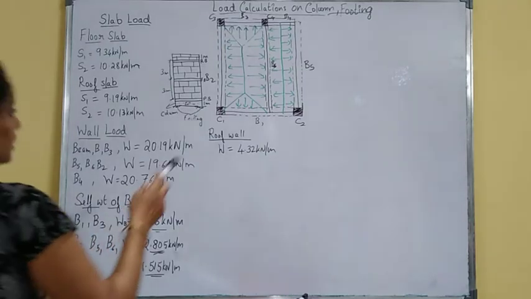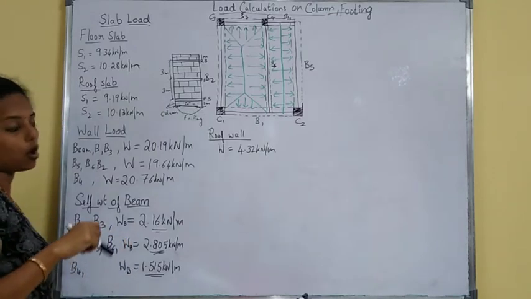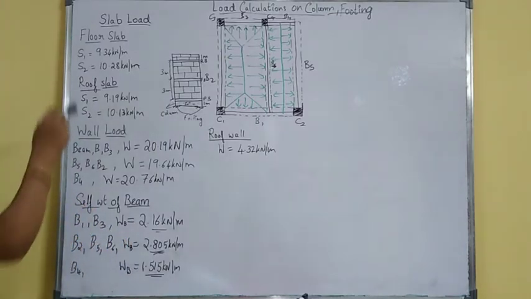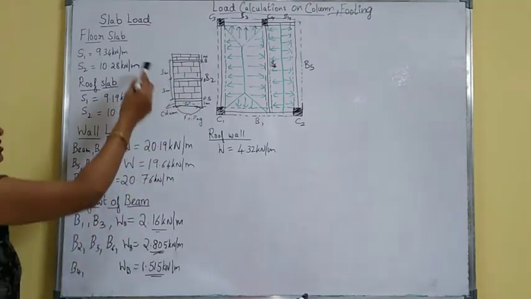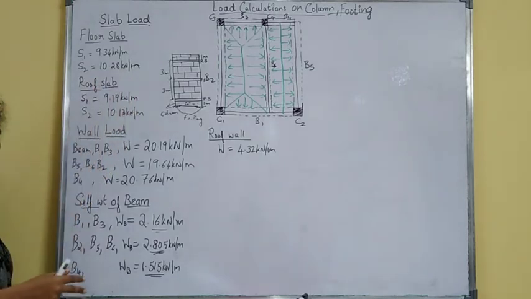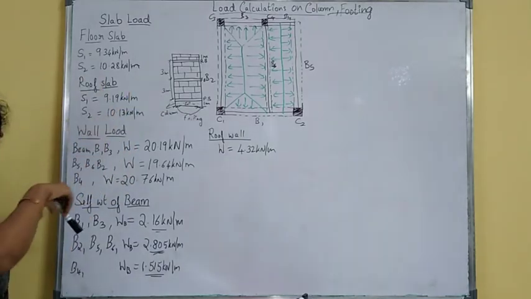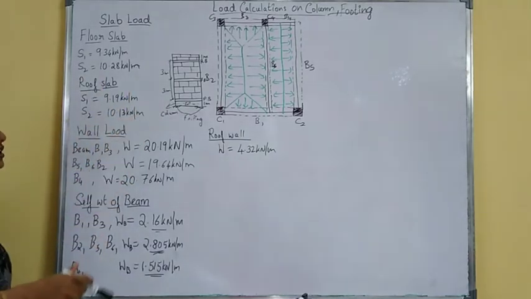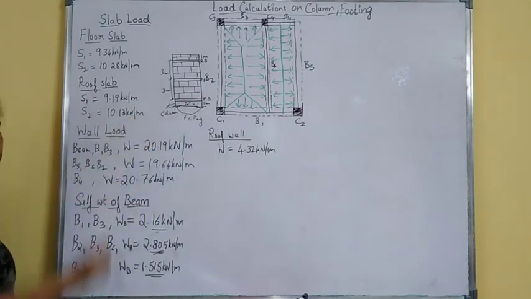Okay, today we'll see the same for the plan layout. We'll see how to calculate the load on columns. For load on columns, again you have to consider floor-wise. You have to consider all slab load, wall load, and even the self weight of the beam and self weight of column. Everything you have to consider, and that load acts as the axial load. After getting the axial load, you can find out the size of the footing to be considered below that column.